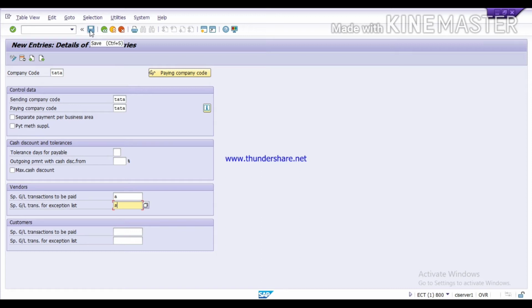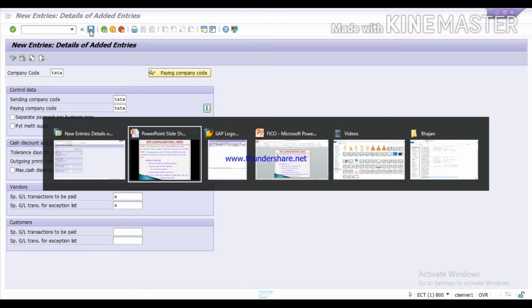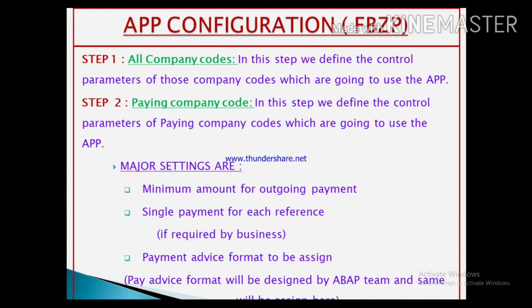After saving this, the next step is to go to presentation. The next step is step 2, paying company code. In this step, we define the control parameters of paying company codes which are going to use the APP.